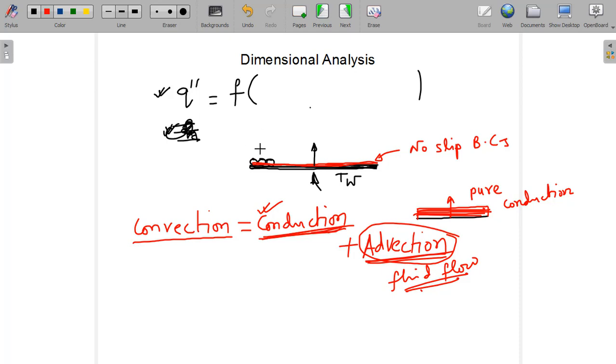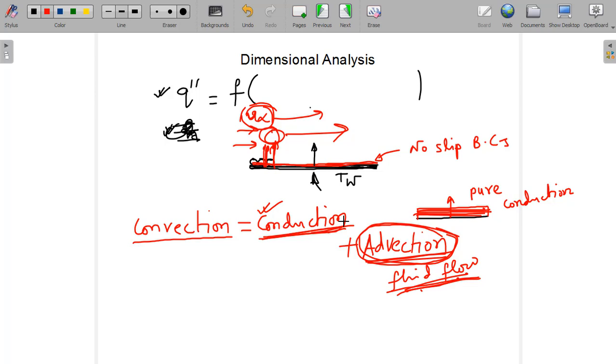Okay, so you can understand that if the fluid flow is very high, if the velocity u infinity is very large, then whatever heat is transmitted through diffusion will be taken away by that high velocity fluid, and that is why more and more heat will be able to transfer. So that part, which is velocity dependent, the heat taken away through this velocity, is basically advection. The advection part is related to the fluid flow. If there is no fluid flow, there is no advection.